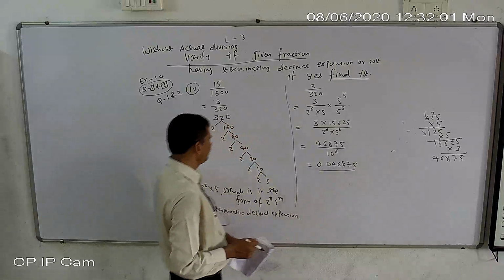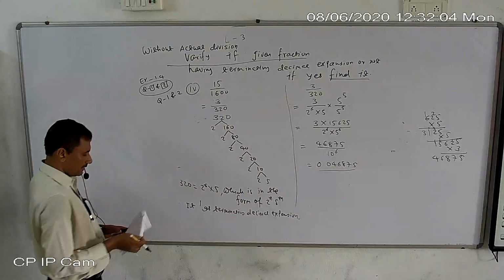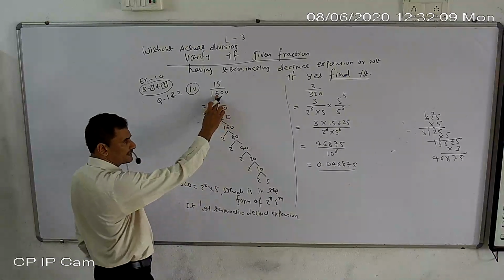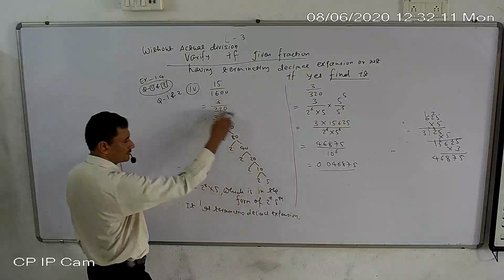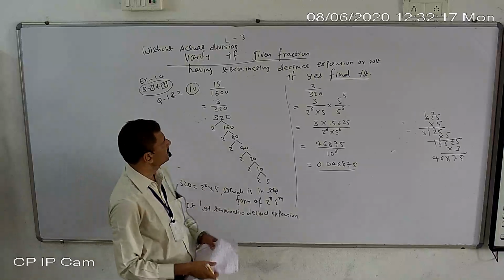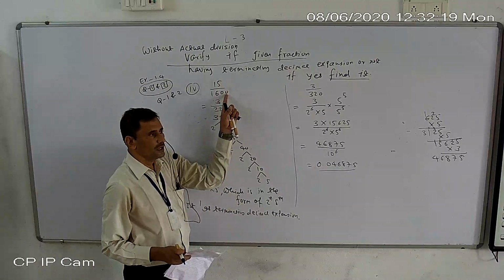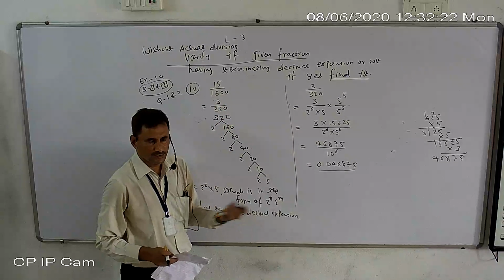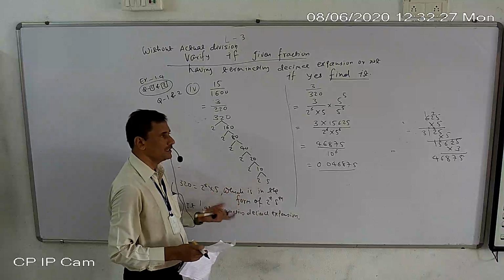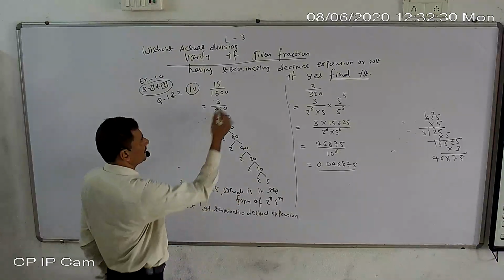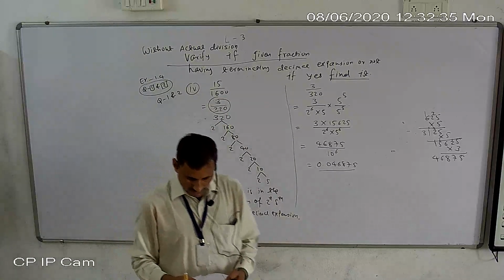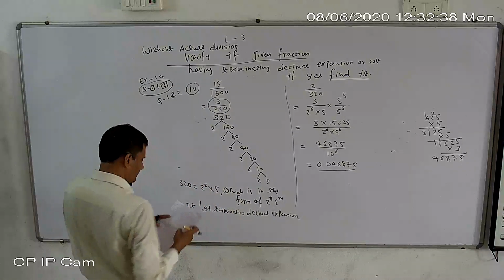Now sometimes the exponential form is given directly here, so that is very simple, no need to go through this portion, you can give the direct answer also. Okay, so don't be confused by the different appearance of the question. That is already given, the factorized form of the denominator is already given. But don't forget to convert the given fraction into simplest form.